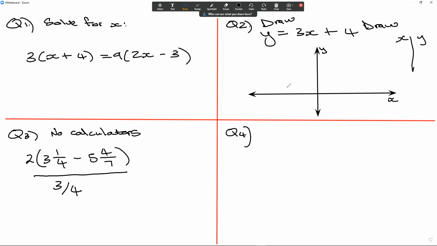Yeah, so if you can't send your graph, don't worry. Just try it on your side and then you can compare it to mine to see if it's right once I'm done here. And then question 4, if I've got